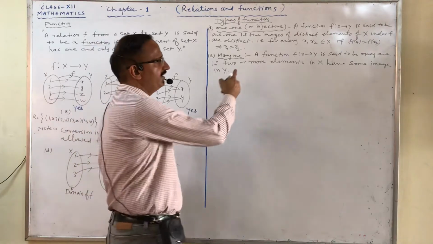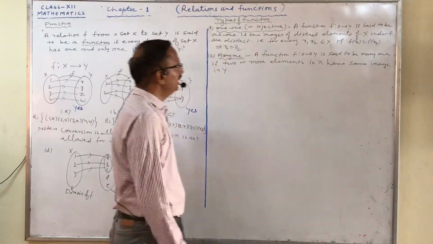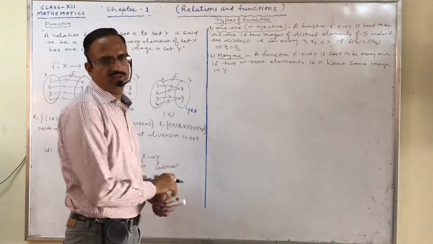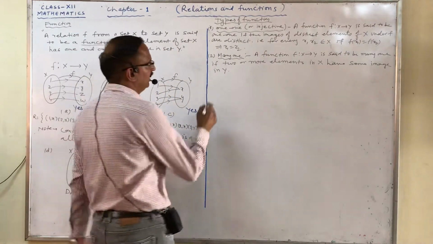So a function f from X to Y is said to be many-one if two or more elements in X have the same image in Y. Next is